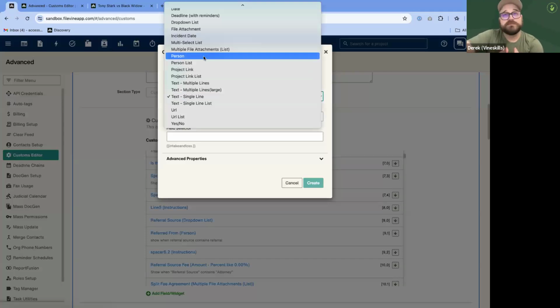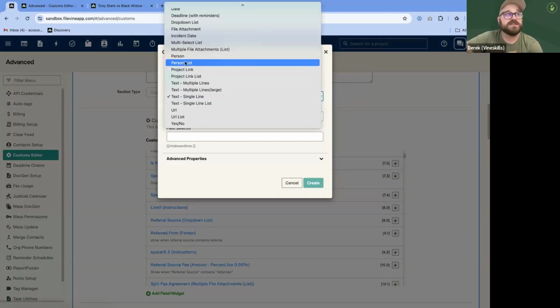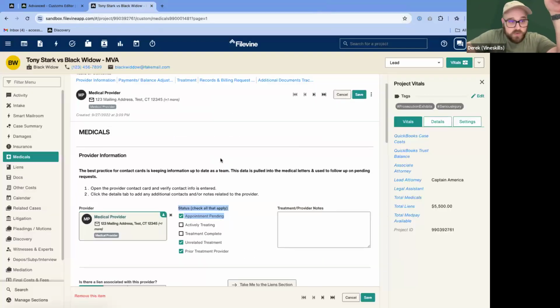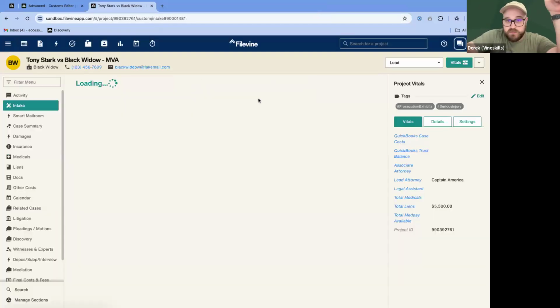We have our person field, which is going to be very common. Our person list, where you can list more than one person. It works well, especially if you have multiple counsel. Just be aware though, that when it comes down to reporting, it's hard to go through and separate that information from them. Any of these list fields, generally, even though you see it as more than one item,